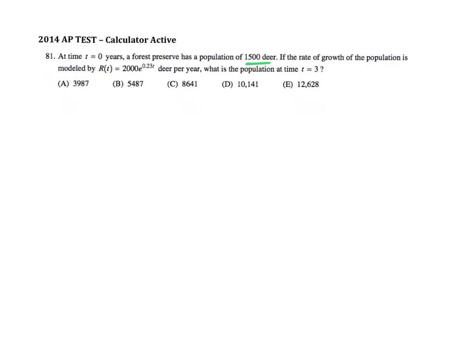All right, at time t equals 0, a forest preserve has a population of 1,500 deer. If the rate of their growth is R of t, which is a derivative, what is the population at time t equals 3? If I integrate my rate, I'm going to get the amount, from 0 to 3. But that's going to give my amount starting at 0. Don't forget, we already had 1,500 deer in the preserve. So add 1,500 to the integral from 0 to 3 of R of t. Type that into your calculator, and you'll get